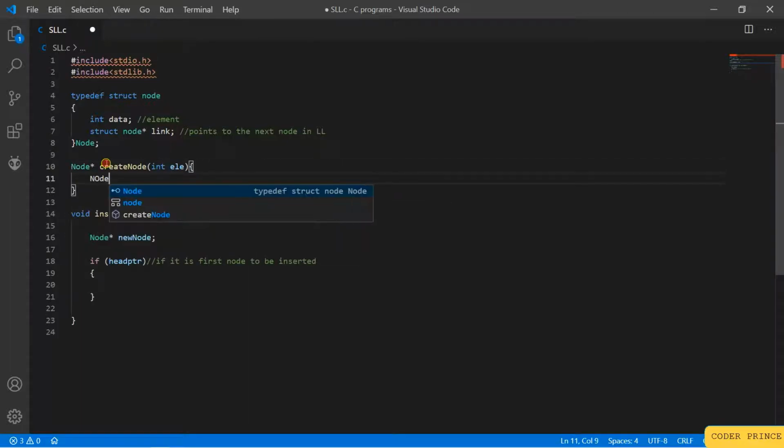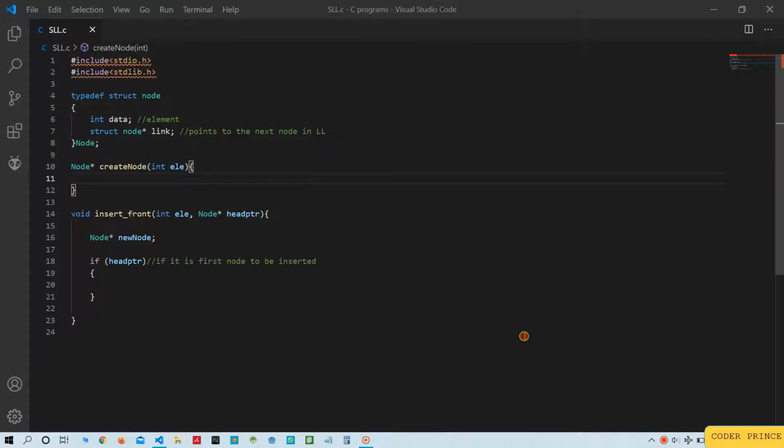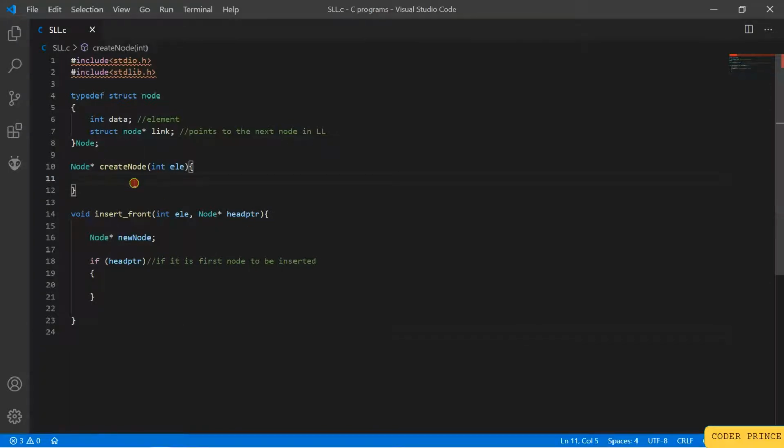So here first we'll create a temporary node star temp, typecast it to type node star malloc.